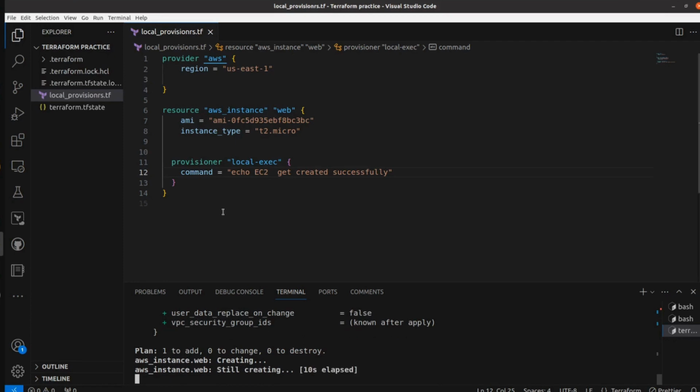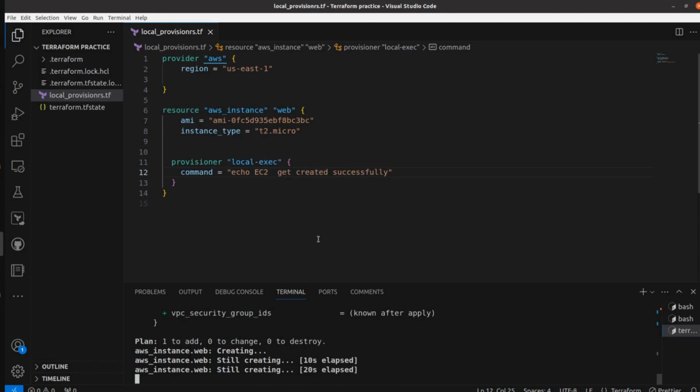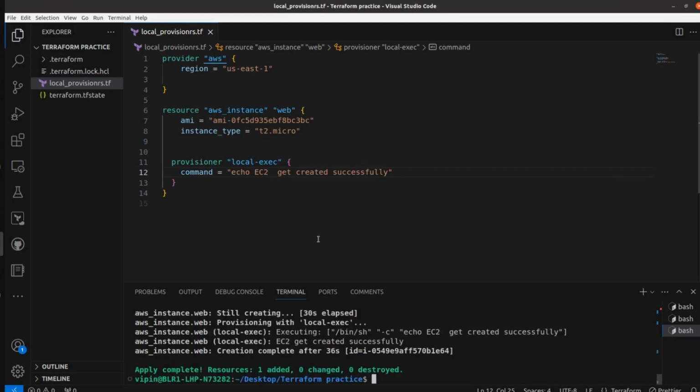Let's see, it will also execute this echo. EC2 created successfully, it will execute. Let's wait a few seconds more. So our instance is getting created. You can see it executing the local-exec, and echo EC2 created successfully.